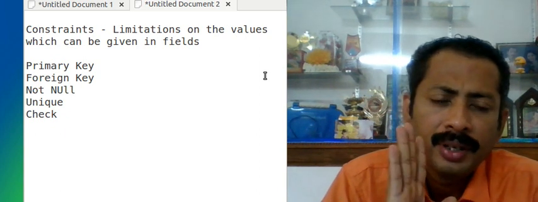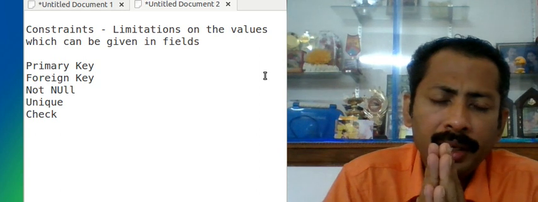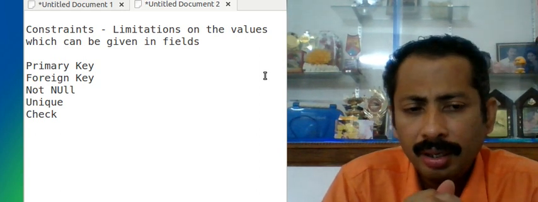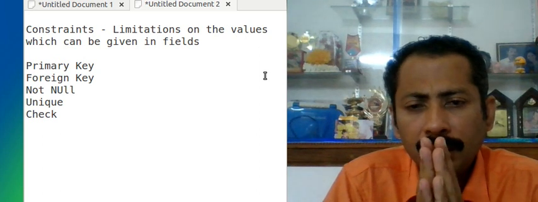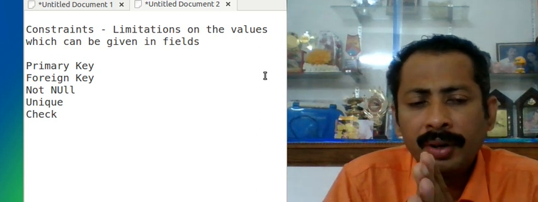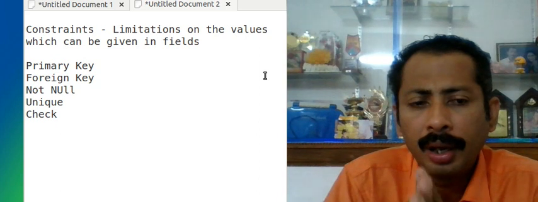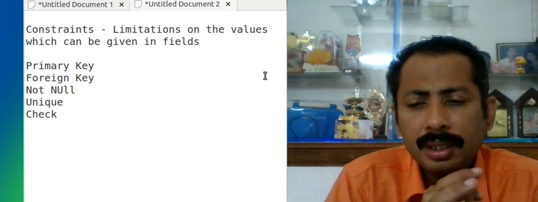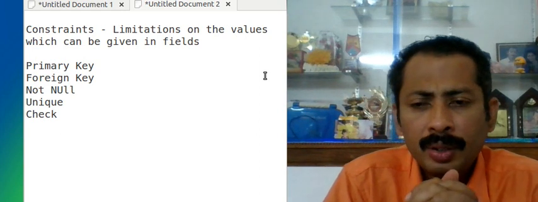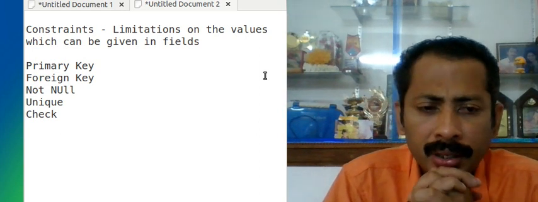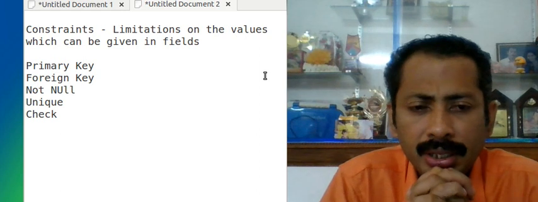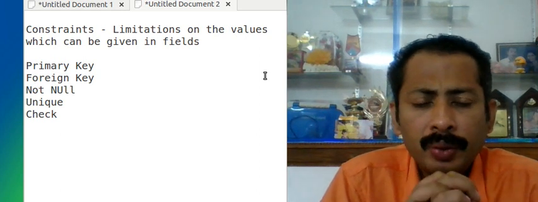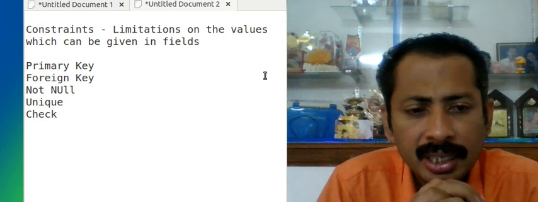Not null fields means while entering data we cannot skip the entry of data in that field. Unique means the data in that field will not be allowed for duplication. Check means the value which will be entered will be checked for a condition, and if the condition is satisfied then only the value is allowed to get inserted in the table.